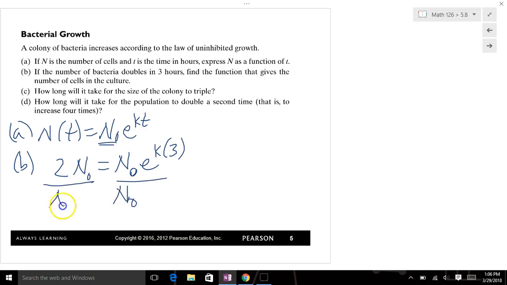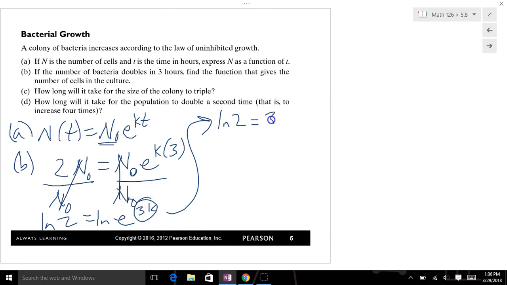Let's divide by N subscript 0. That's gone. So we got 2 equals e to the 3k. Take the natural log on both sides. And so you've got ln of 2 equals ln of e to the 3k. Just bring down that 3k. Divide by 3. So k equals 1/3 the natural log of 2, which, if you punch that in, is approximately 0.23105. And I would take that out a good 5-6 decimal places when you're working with this k,